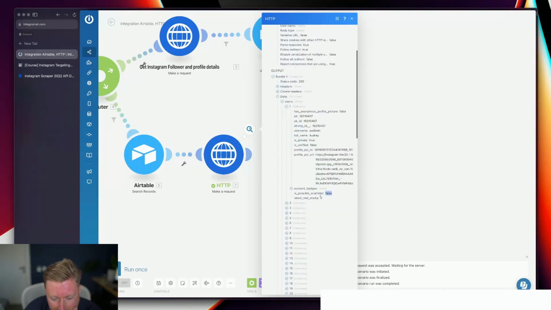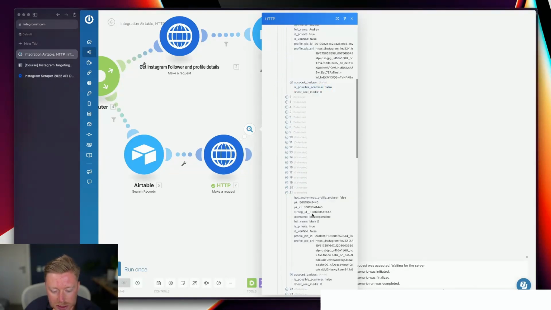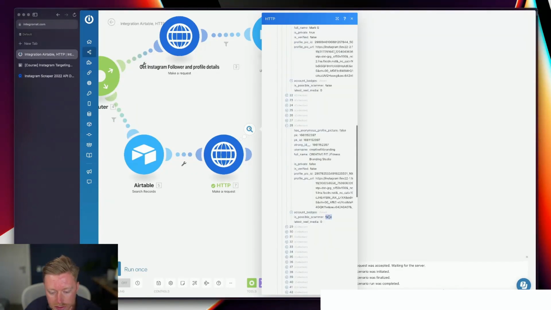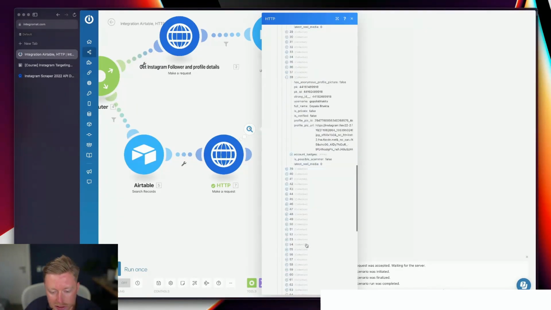And very interesting, you get access to all types of data when you do this. This is coming back directly from Instagram. They actually have a field now in their API called "Is Possible Scammer." Wow, I haven't come across that before. Account badges empty, so it makes sense to filter that out as well. Okay, okay. Anyway,